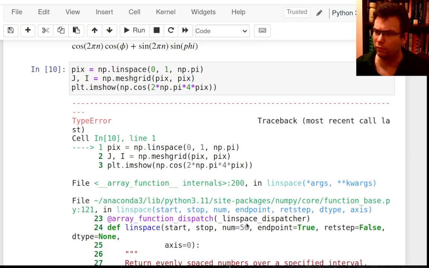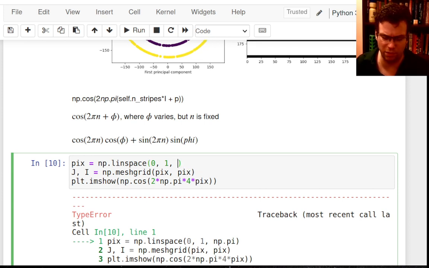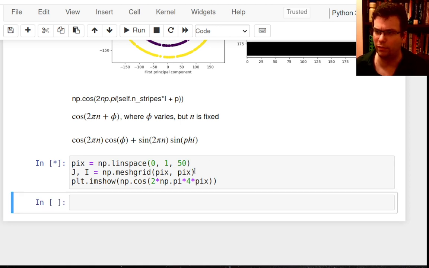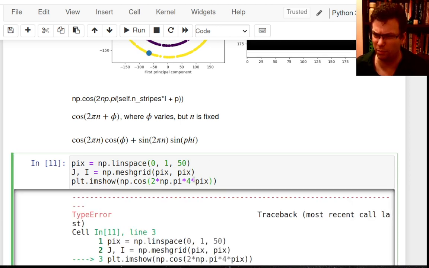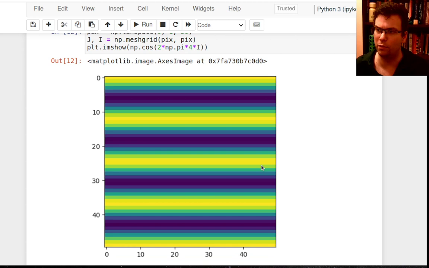Oh geez, what did I do? Float cannot be interpreted as an integer. I meant to say here, what is this, a 50 dimensional image, 50 by 50. I screwed something else up here. What did I screw up? 2 pi times 4 times, I meant to say. Okay, anyway, so this here